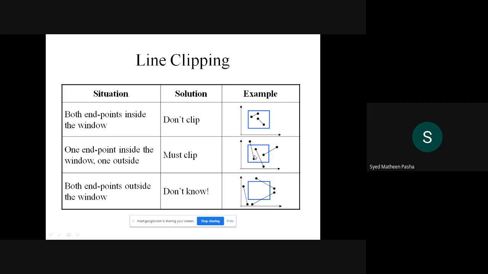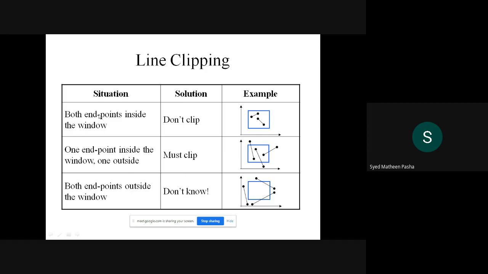Check out all three lines. Each line has a point inside the window. So at that time you need to clip. Then, with both endpoints outside the window, it's a dilemma where you don't know what to do, because you're not getting a whole line inside that particular window. So it's up to the user whether to clip or not clip. Even if it clips, there is no major change, because you won't get a complete line. So in that case, you leave that clipping there itself.